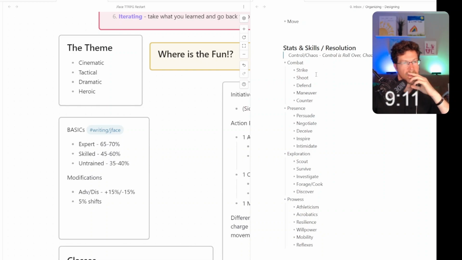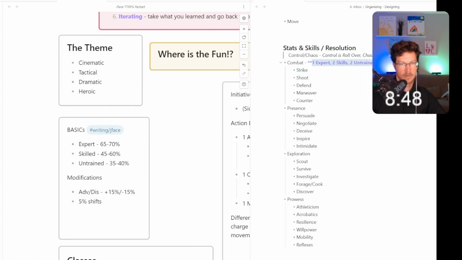Now, let's just go down the list and give these numbers. Let's say that you have to choose one expert, 2 skilled, 2 untrained. Let's just do that for now, because I think there's 5 in each of these.